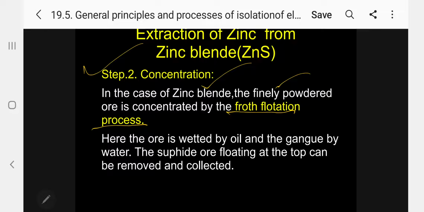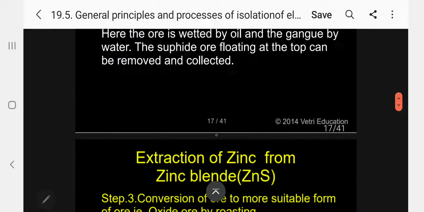Here normally we are using oil and water. This sulfide ore gets attached to the oil and floats over the top, and you can remove it. Here the ore is wetted with oil and the gangue by water. The sulfide ore floating at the top can be removed and collected separately. So this is the way we have to concentrate